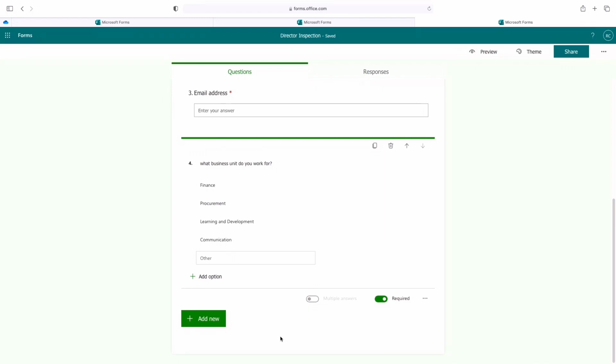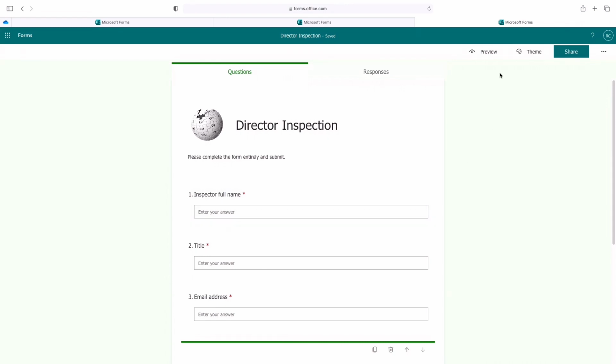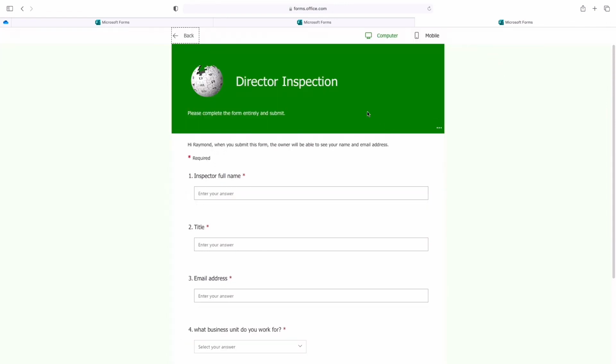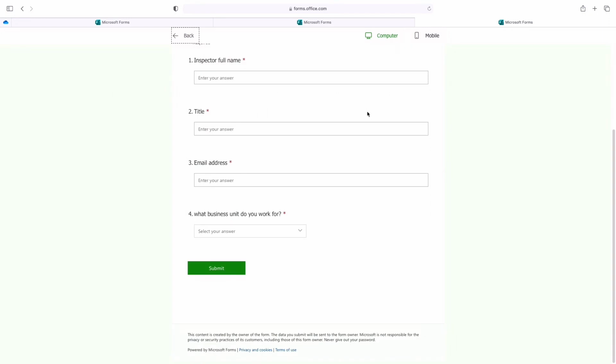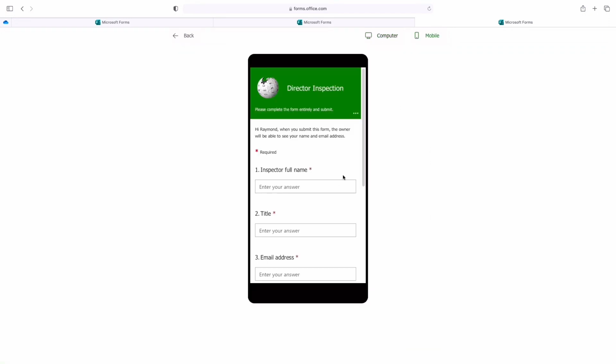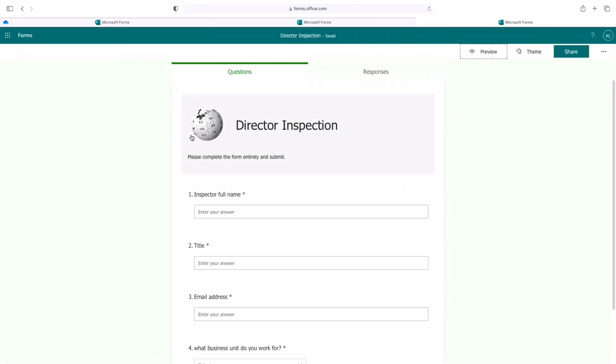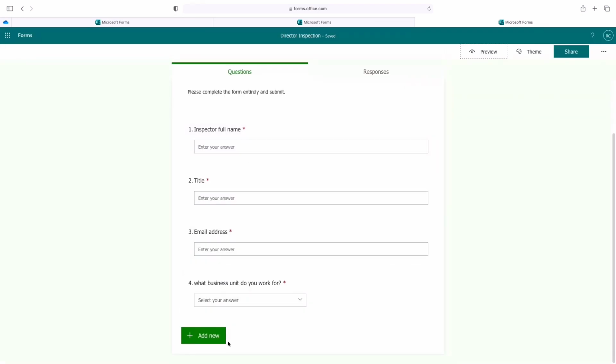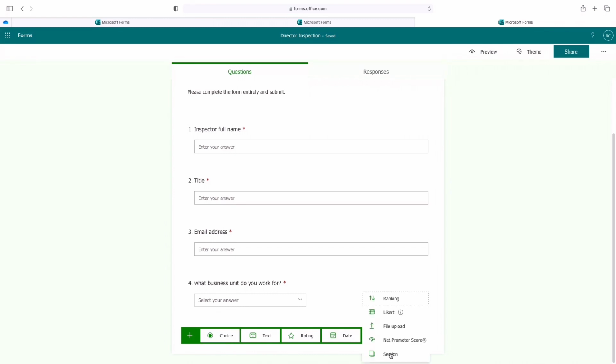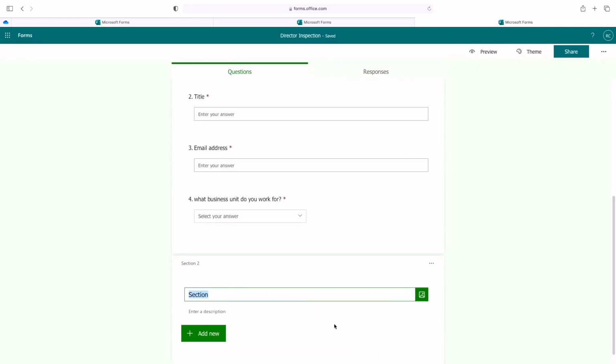So that there is the details for our inspector. So let's just have a quick preview. Nice and tidy. There we go. And it also works quite nicely on mobile view. Okay, so let's go back. What we're going to do now is just add in some other questions around the person we're ordering. And what we're going to do is we're going to add in a new section. This creates a next button at the bottom of this part of it, so it knows that you're entering a different section. This section we're going to call